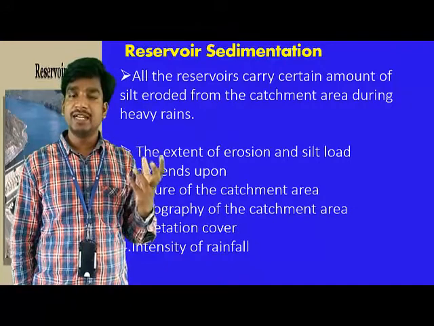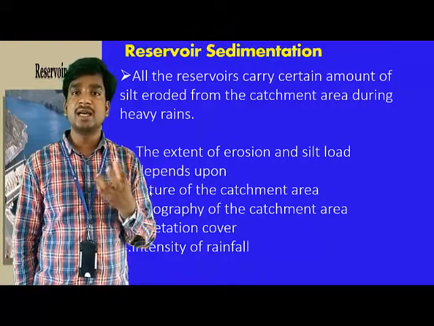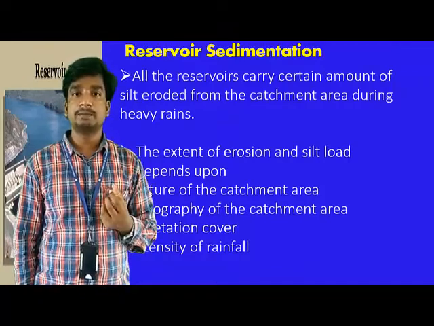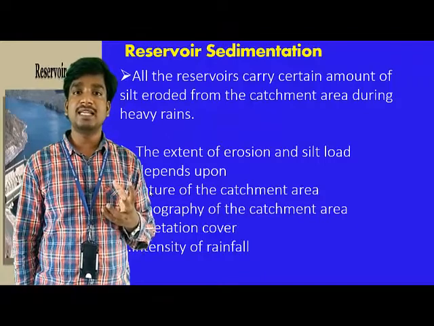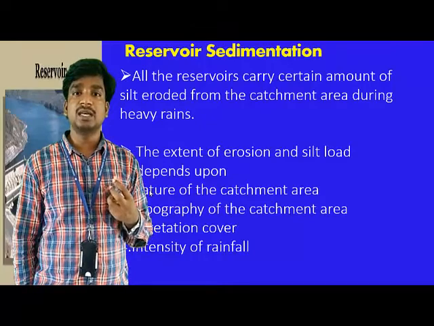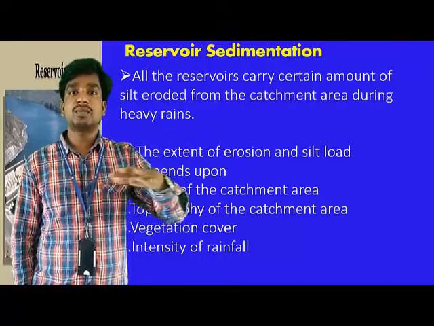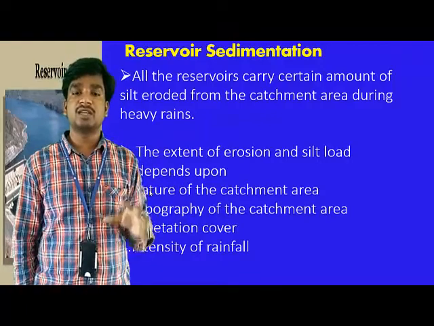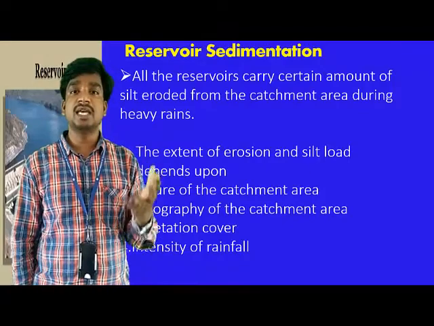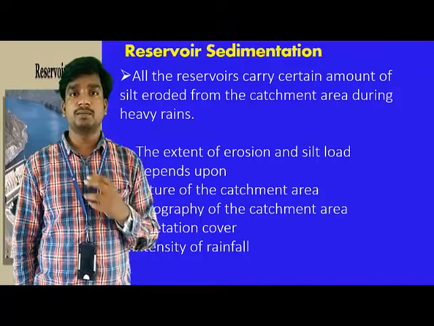For example, what is the nature of the catchment area? Let us assume it is soft soil. What happens whenever there is a heavy flow into the reservoir catchment area? The heavy flow will erode the complete top surface of the soft soil. Means there is always a possibility of sheet erosion whenever there is soft soil available in the catchment area. Sheet erosion may be possible.